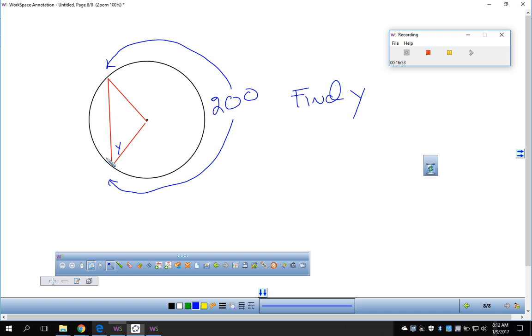If this is 200, what does this have to be over here? 160, right? Which makes this central angle how much? Same thing, right? How many degrees in a triangle? 180. These are radii, right? So what's got to be true about this angle and this angle? Has that up to 180, so what's y got to be? 10, right? The answer is always 10. No, it's not. Okay. But, so